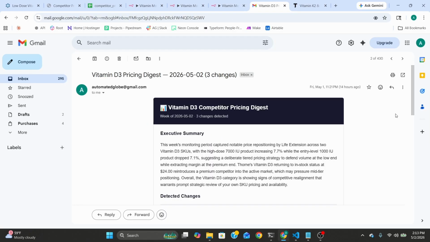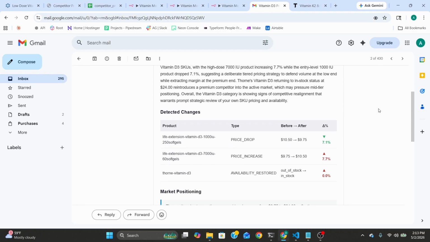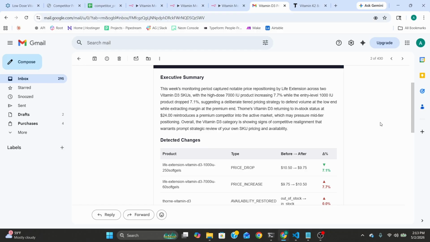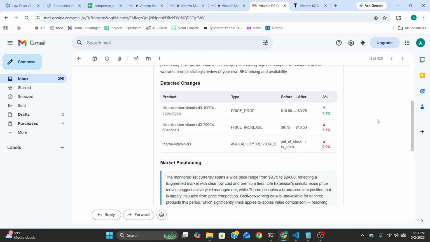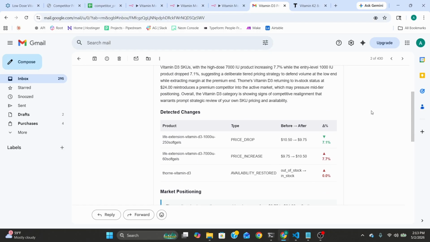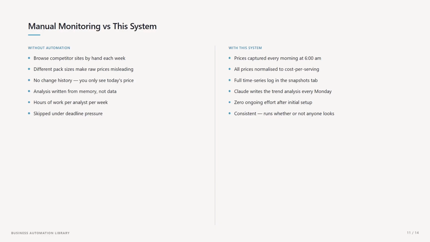So now we can see the competitor pricing digest changes off of our products that we had in there. So this is tracking those three first products we had. If we just enabled it for 10 new products, those won't have the 7-day history, but these first three will have what we need. Now that we've kind of proven the system works, let's go over what this replaces and